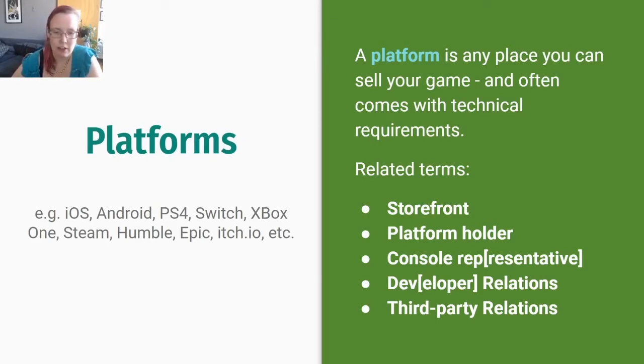And just as a side note, third party, if you haven't heard this term before, is the term that consoles use to mean indies or any company that they don't have a close relationship with. So a first party game is something that is internally developed by the platform, something like Mario with Nintendo or Zelda games. Second party games are developed for a console with the blessing of a platform holder, but by a separate studio. So Cadence of Hyrule, for example, was made by, I think, Brace Yourself Games.